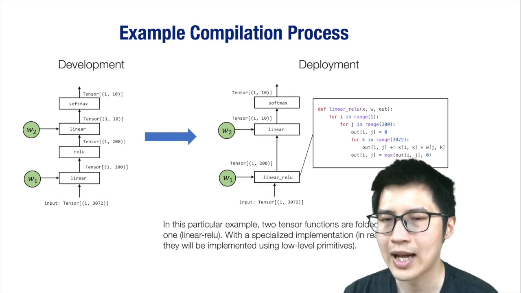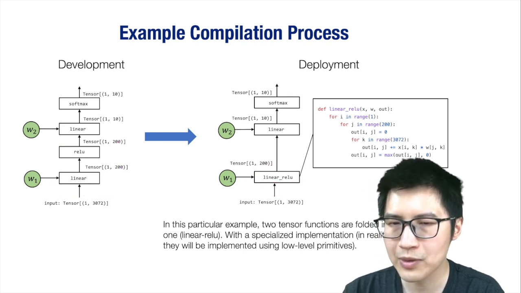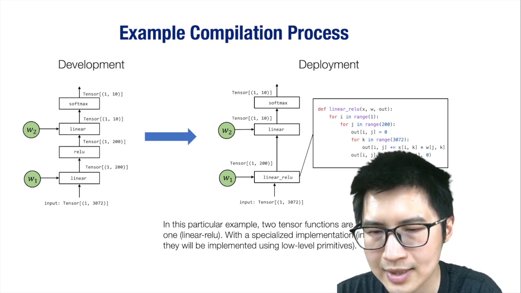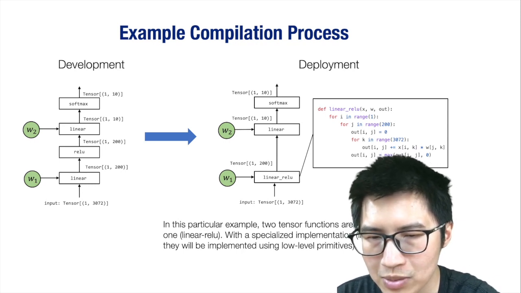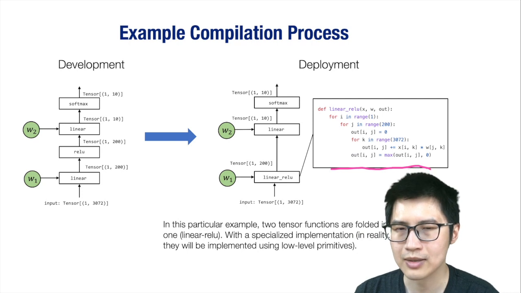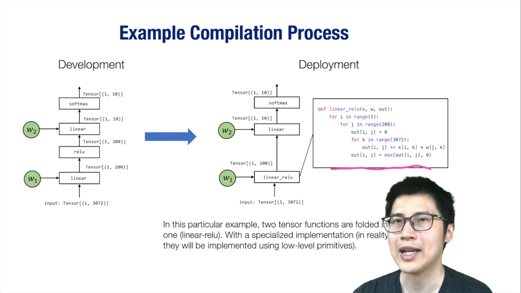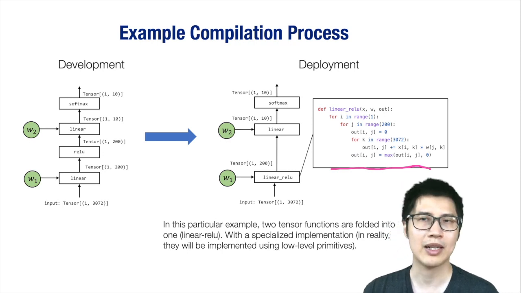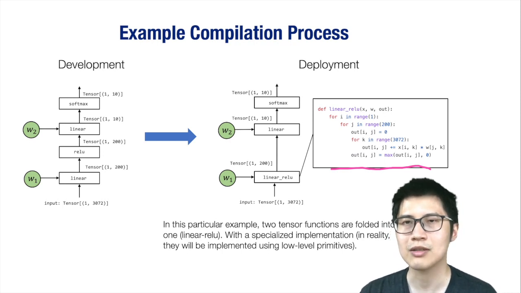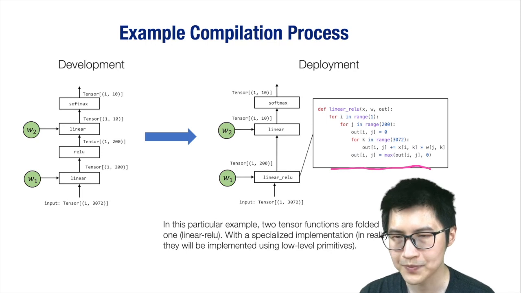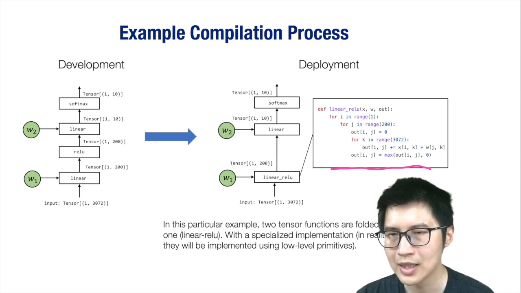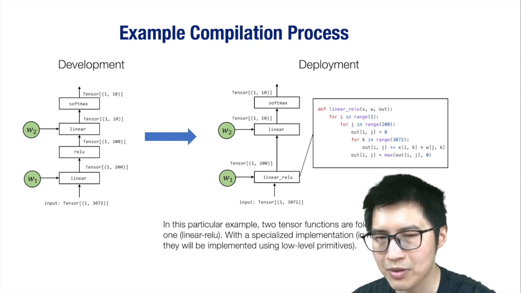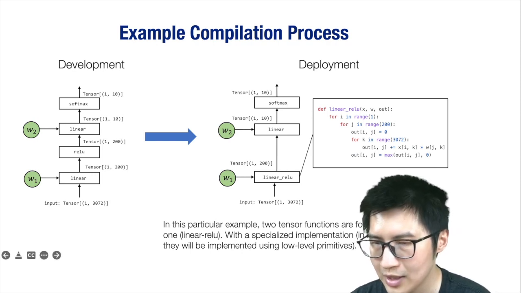And the second thing is that on this deployment form, we specifically list out a specialized implementation. In this case, we are using Python to write it out. But in reality, it is usually implemented by lower-level code like CUDA or C++ and so on. Okay. So one of the things you can find in this specific MLC process and its outcome is that